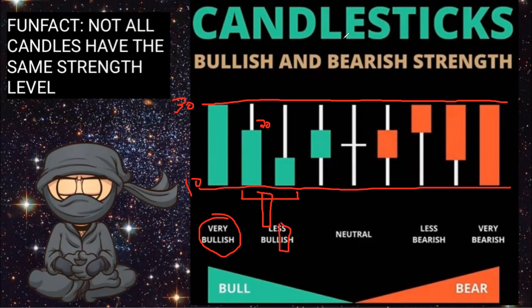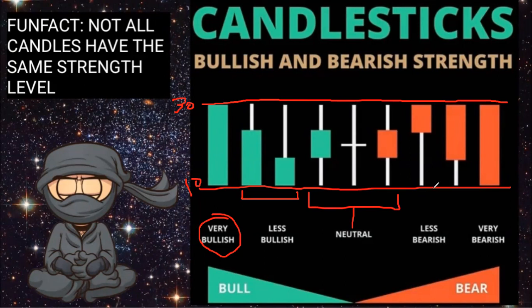So if you're in a long position betting on that stock to go up, you may want to be cautious if you see candles like this. That means we're showing some type of weakness. Whenever you see long wicks to the top of a green candle, that means there's some weakness going on in that stock and we may start to flip. If you see equal wicks to both sides, that means it's neutral,